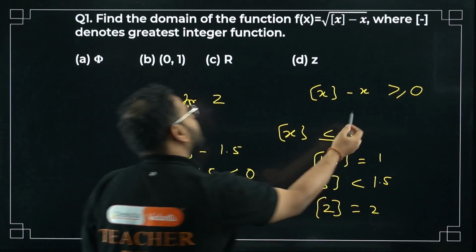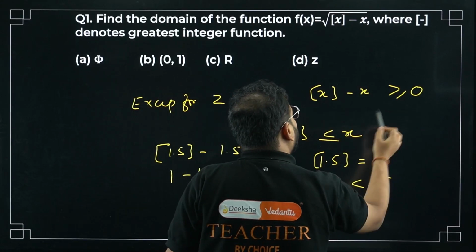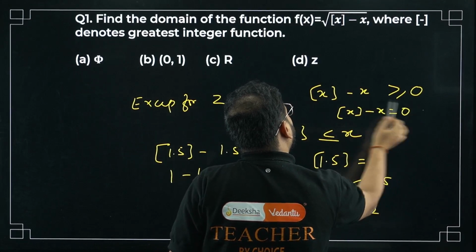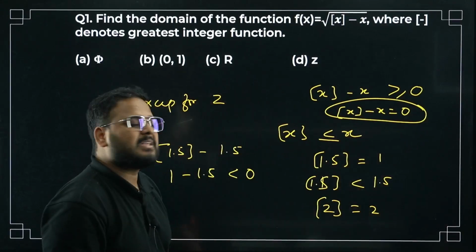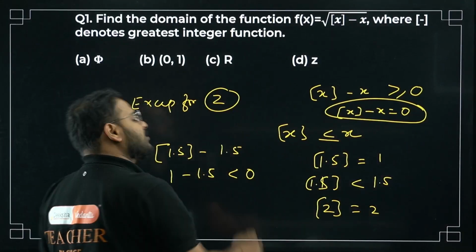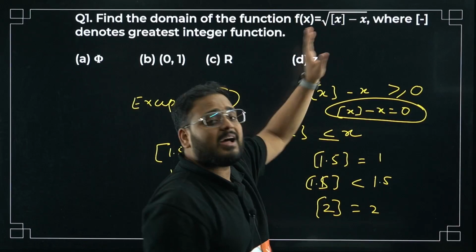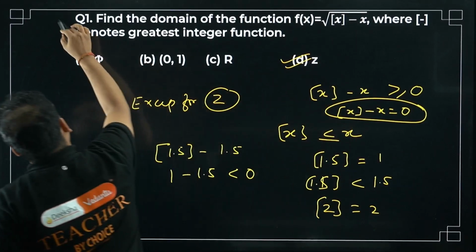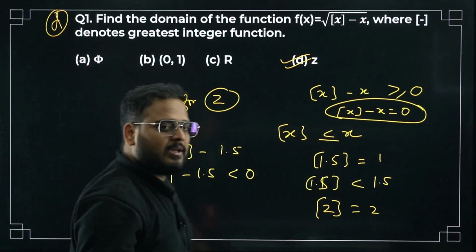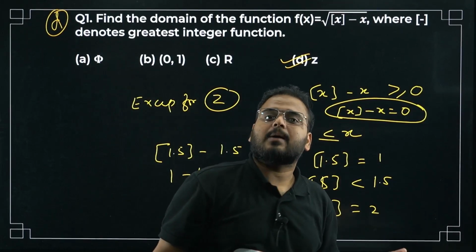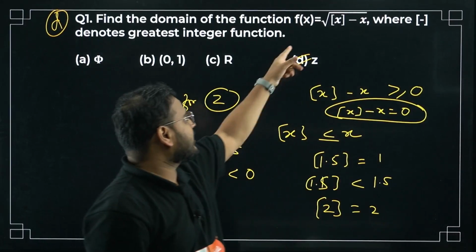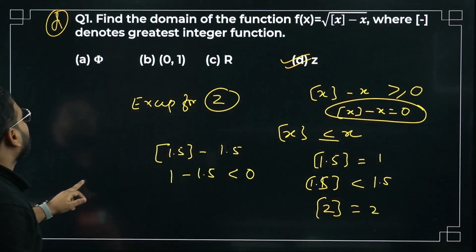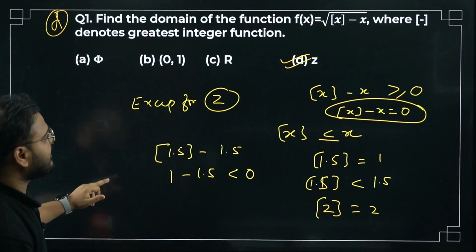So for this to be defined, bacha, we can't have this, of course, but we can have the equal to sign. So the function will be defined only if it is equal to 0. Means, bacha, it has to be only integers. So that's why this function will have a domain only when x is an integer, sir. I hope you agree. Any other number you take, what will happen? It will become negative. A negative root cannot exist. It is not going to be a real value. Chaliye, so for question number 1, the answer was option D, integers.